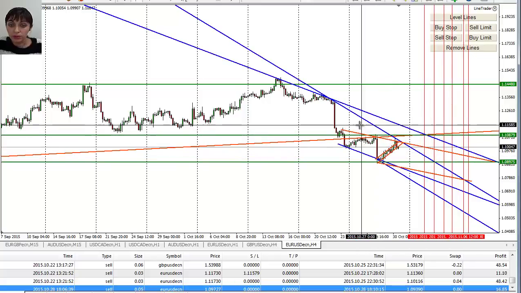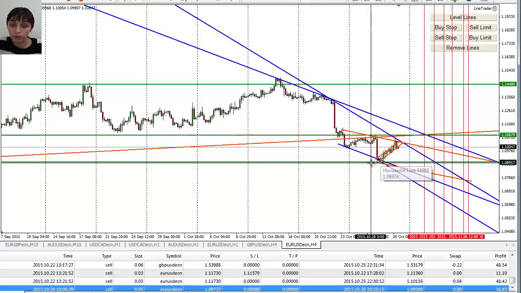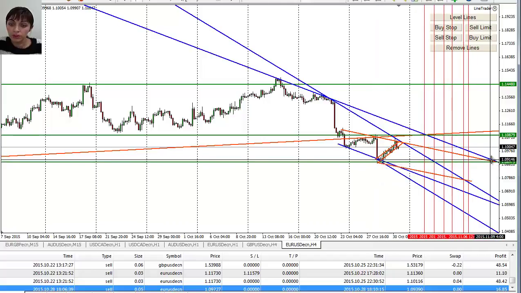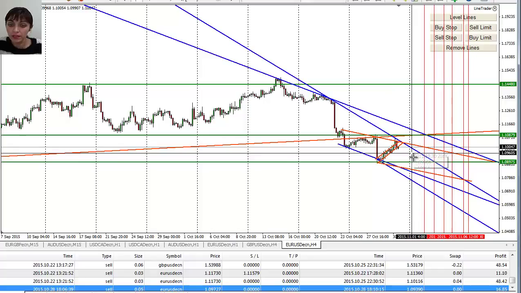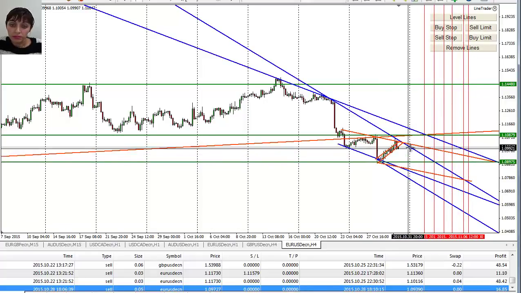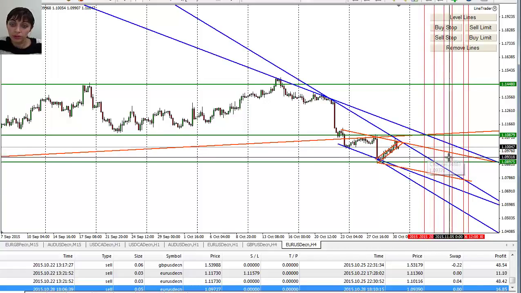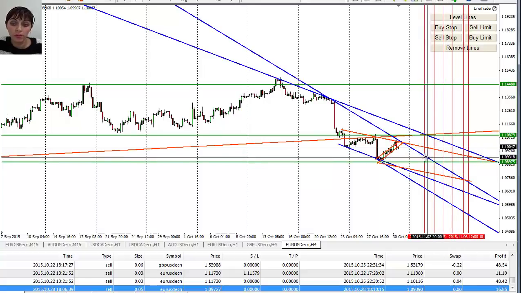which is created from these three tops. It's crossing the bottom of this price, well, this bottom, right? So it looks like it could be possible that the market will just stay inside something which looks like a triangle to me. Could be, but it all depends how strong these news movements are, how influential this news is going to be on the market. So it all depends what is going to be happening here.